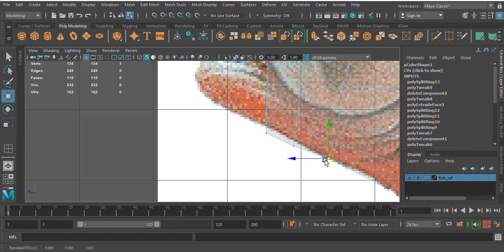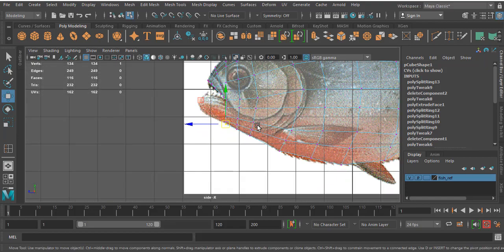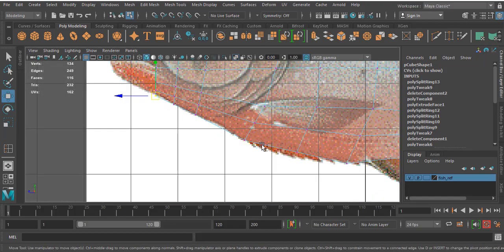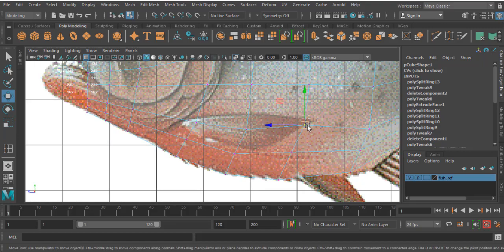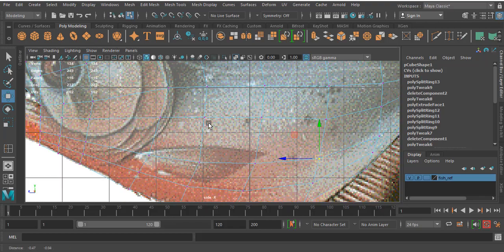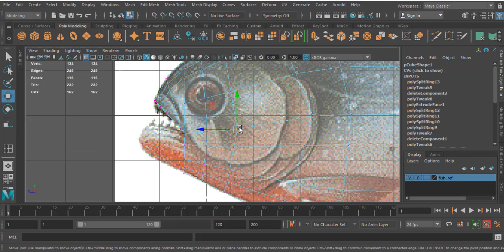These areas are out of this reference image, so I have to arrange this. I'm not going to give this detail, because for this kind of detail you have to go for a high poly model, or depend on ZBrush or sculpting. That kind of class I will give you later in other tutorials. First of all, this is the basic version of the modeling method.